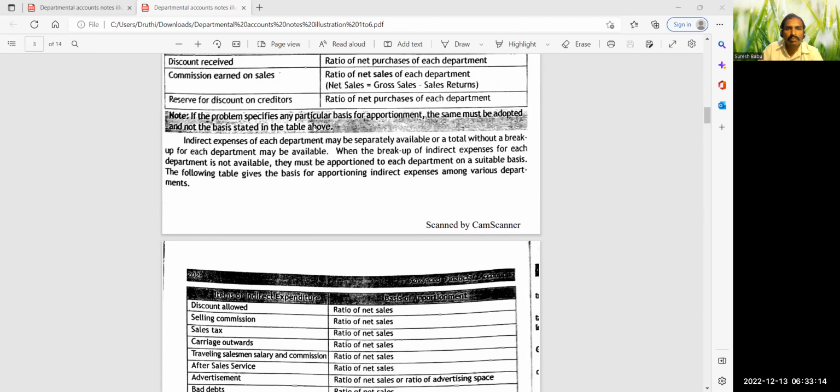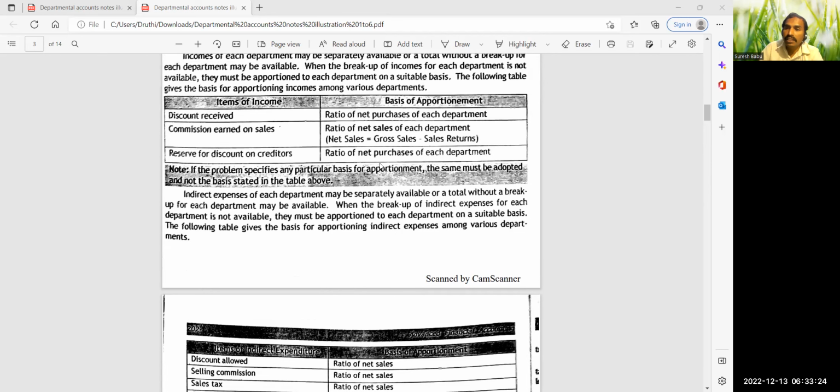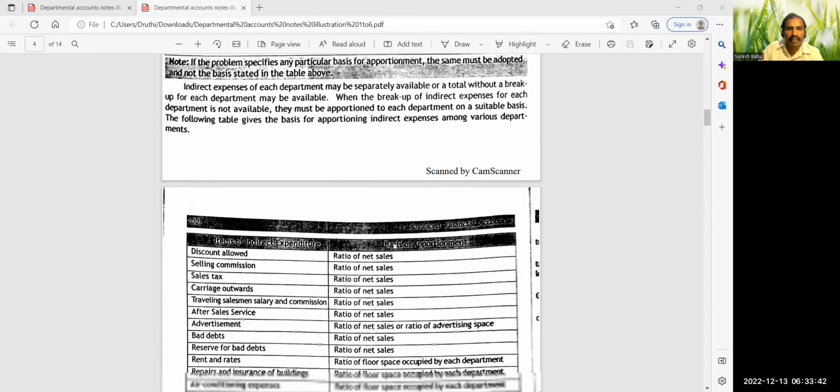Then if the problem specifies any particular basis for apportionment, the same must be adopted and not the basis stated in the above table. What does it mean? If the basis is given in the sum, the same basis is to be followed. If the basis is not given, if instruction is not given as to how to distribute the above expenditure, then this table you need to remember and incorporate it. Then